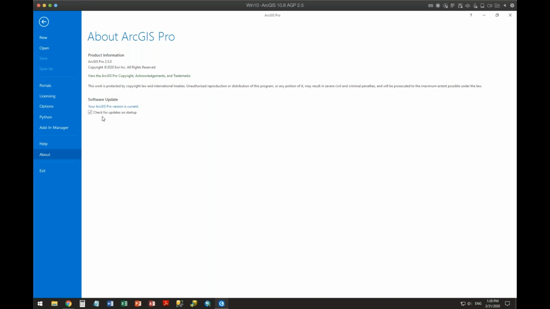I can share with you that with some elements of Parcel Fabric, you want to make sure that your desktop software keeps up with your server software when you're doing Parcel Fabric in multi-editor. All right, and you want to make sure that you keep that synced. So if your enterprise is at 10.7.1, do not install 2.5. Keep it at 2.4, and actually it's up to 2.4.3 right now. So you want to keep that at the same level to do that.